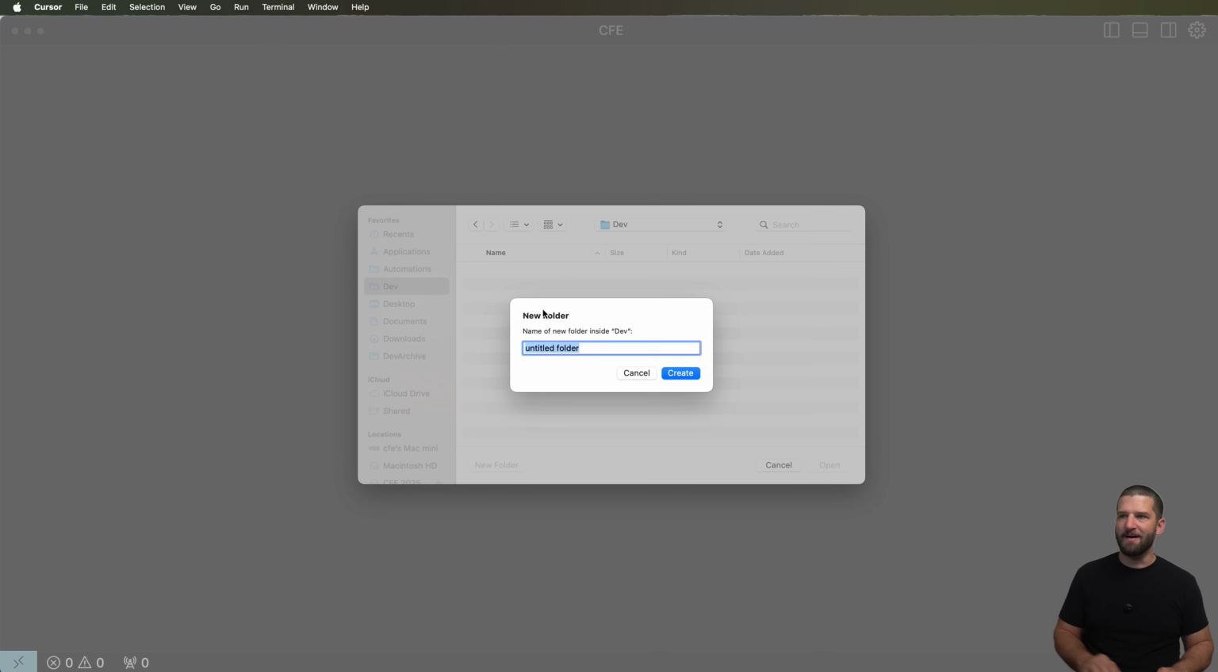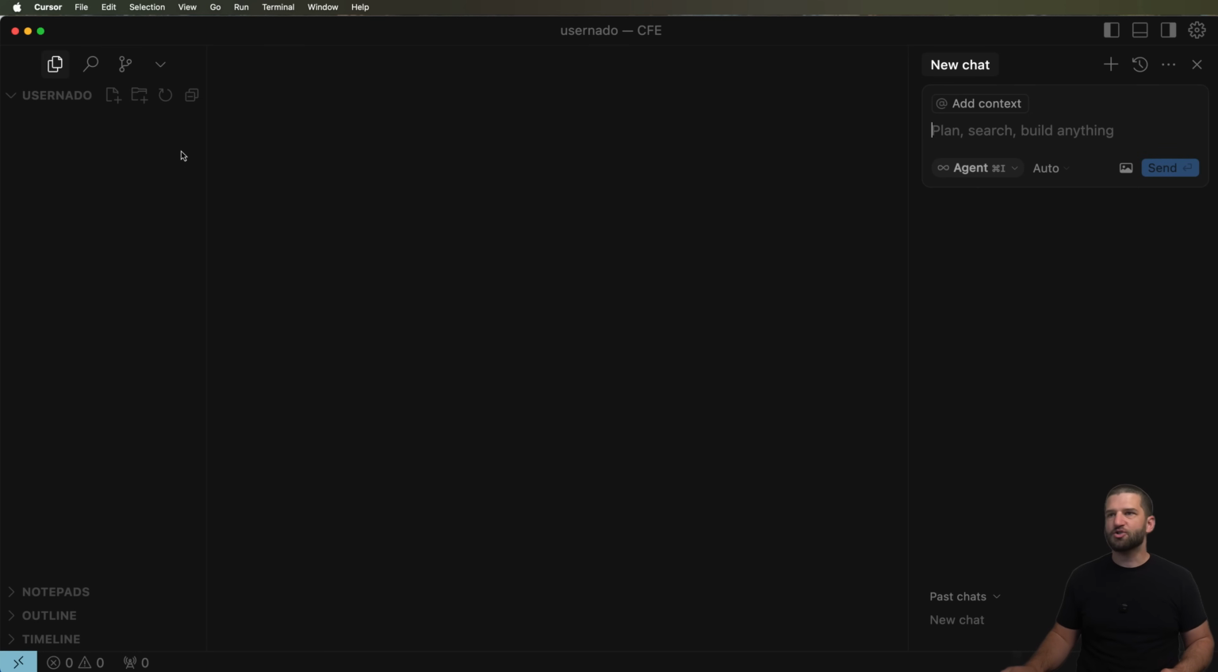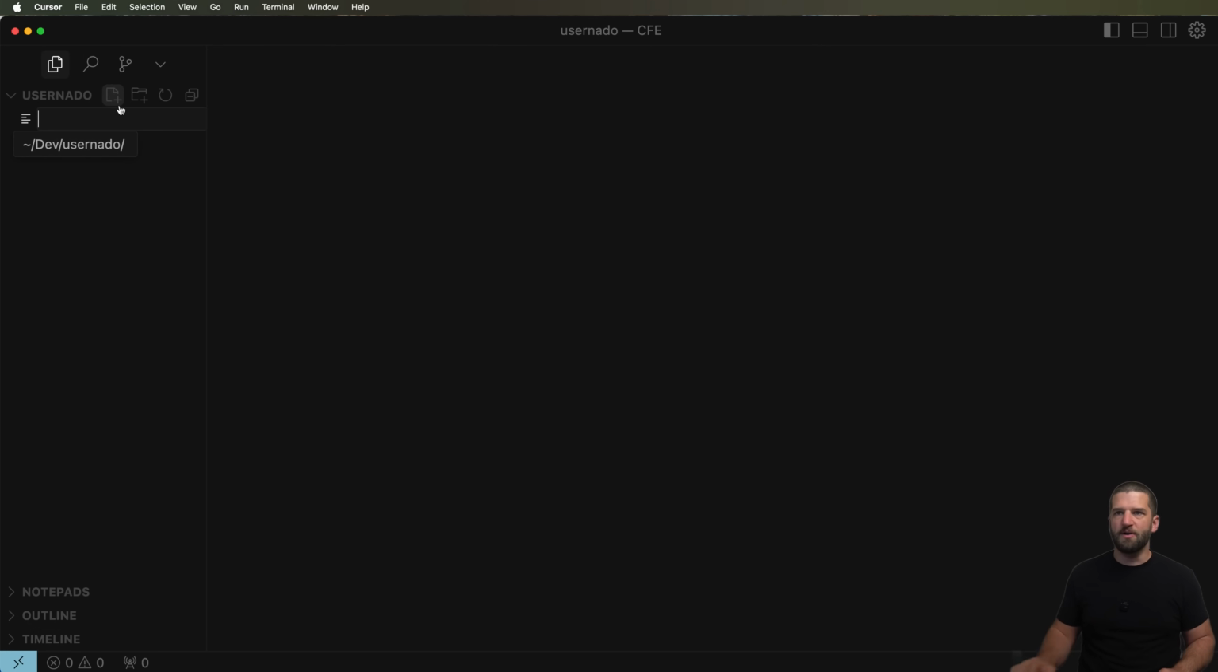In my case, I'm going to put it in my dev folder, create a new folder called user NATO, and we'll go ahead and open this up. I'm going to try to have all of the code across this entire course inside of just user NATO. Normally, I would separate the front end and back end, but I want to make it as simple as possible for us going forward. So the first thing that we need to do is create something called